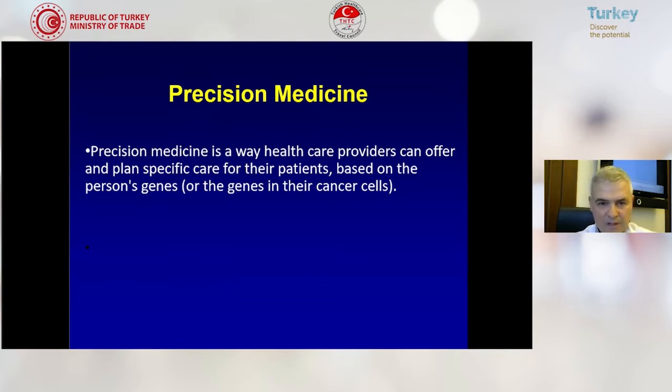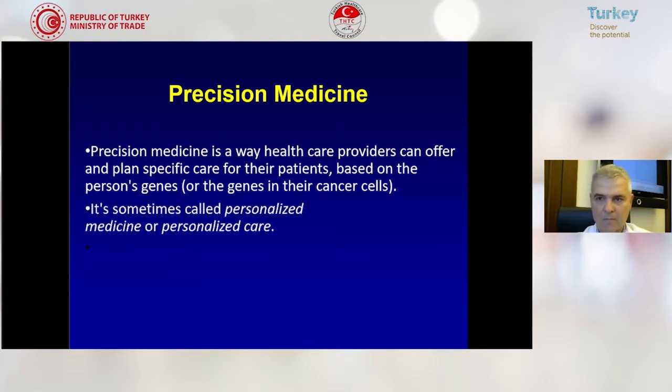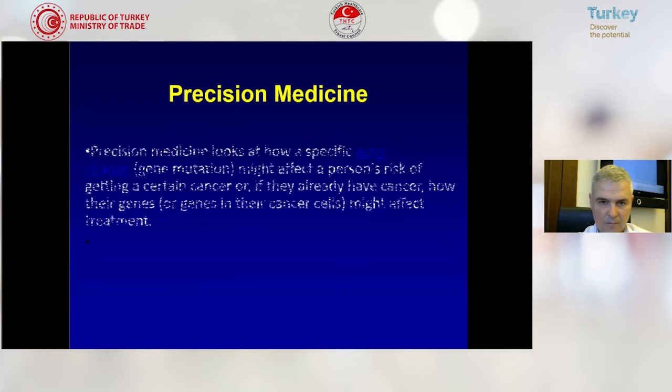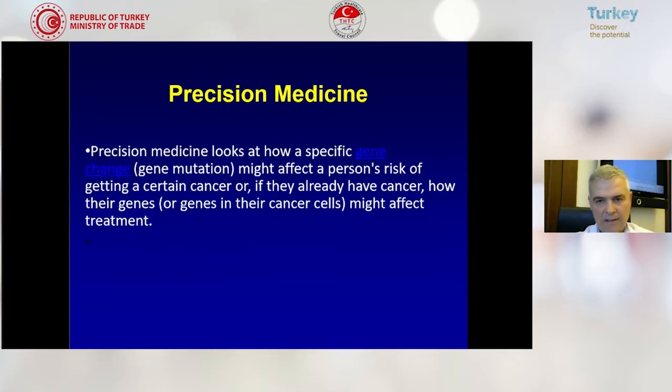Precision medicine is a way healthcare providers can offer and plan specific care for their patients based on the person's genes or the genes in their cancer cells. So precision medicine looks at how a specific gene change or gene mutation might affect a person's risk of getting a certain cancer, or if they already have cancer, how their genes or genes in their cancer cells might affect